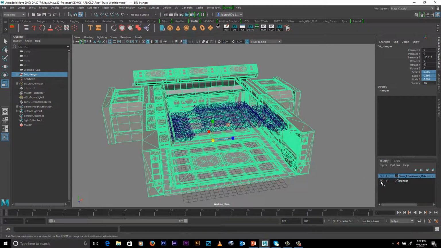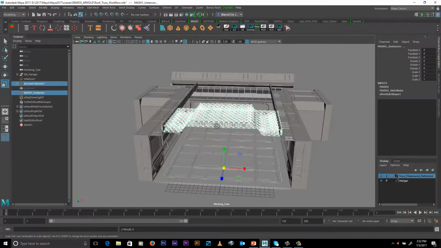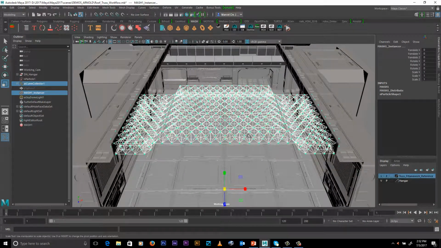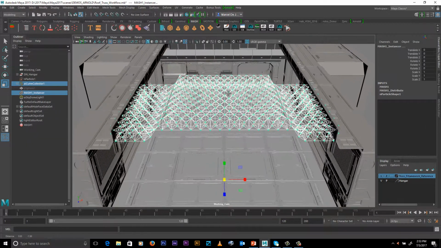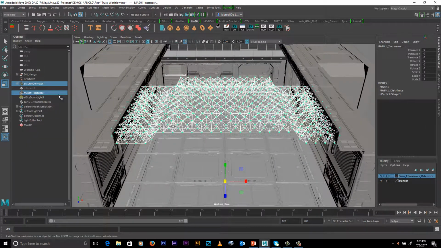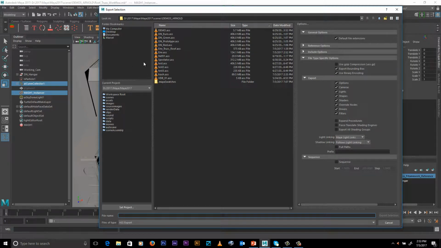And then the next thing I need is the node called curve collector and the node called mesh instancer. What's nice about this is I can select as many nodes as I need and export them as a single instance. And what's nice about this too is that it can be curve geometry. It can also be instance geometry. If you wanted to, you can go to duplicate special and instance geometry that way. That can be included and exported as a stand-in, or if you do it through mesh, which is what I did. And so in this case, let's go ahead and export this instance, and we'll go ahead and call this